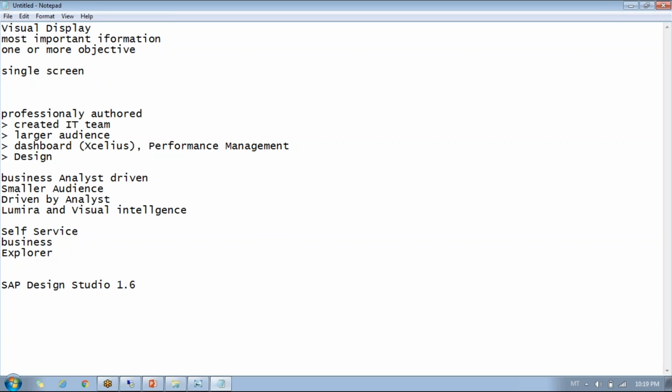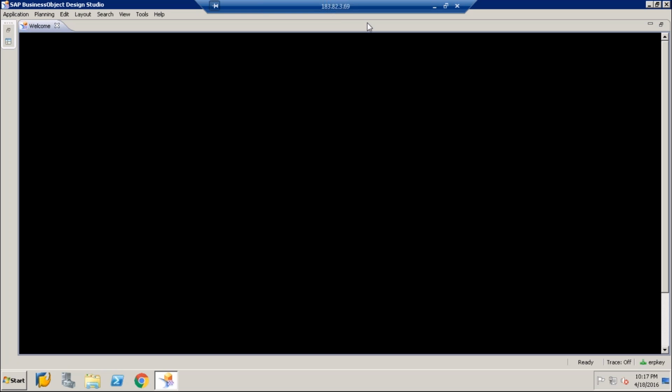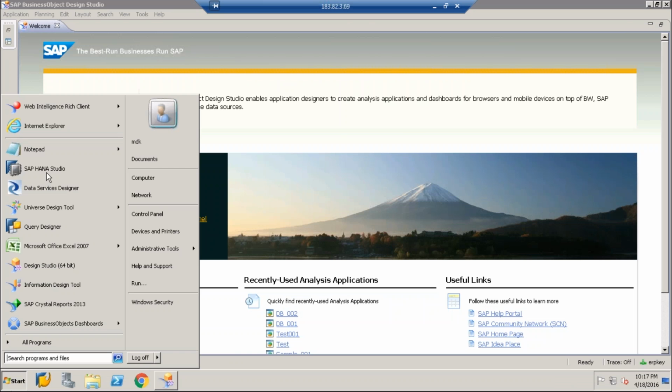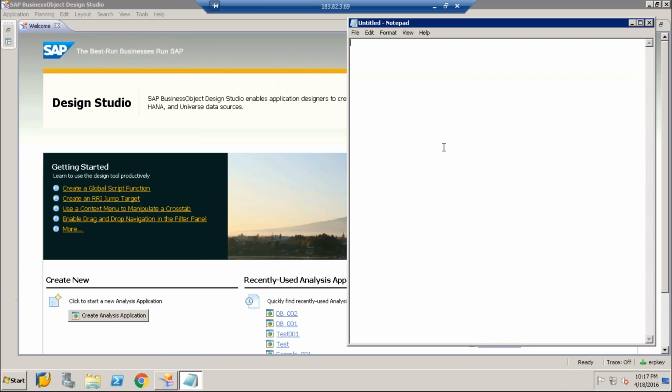So if we go to the tool directly for demo purposes, let me show you the tool. This is the Design Studio tool, when you launch it for the first time. Here in the tool we have 4 deployment options, 4 connection modes. One is the local mode. When you are connected in local mode,